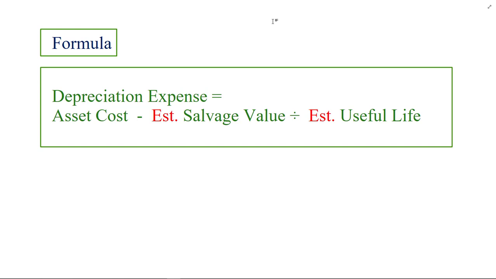What is salvage value? Salvage value is also called scrap value or residual value. Residual value, scrap value, and salvage value, all three have the same concept and the same meaning. And students, in the formula we have asset cost minus estimated salvage value divided by estimated useful life. The useful life of the asset is also based on estimation,